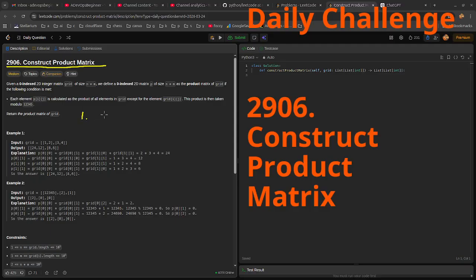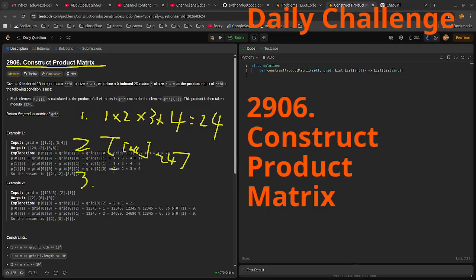The first step: we calculate the product of all the elements, say 1 times 2 times 3 times 4, which is 24. Then the second step, we initialize a grid with all 24. Then the third step, we can divide each 24